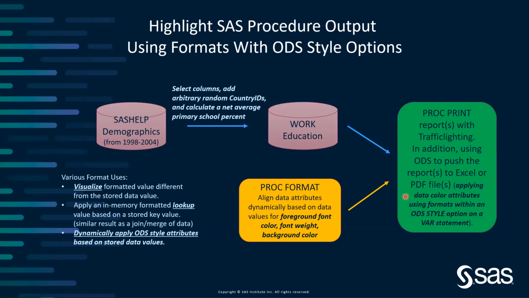In addition, we will also use ODS to apply various visual style and presentation attributes to the output. Attributes such as foreground and background colors, font weights, and a little bit later in our second task, we will talk about adding hyperlinks from one report output so that we can link to another report output. To apply these different ODS attributes, we will be using